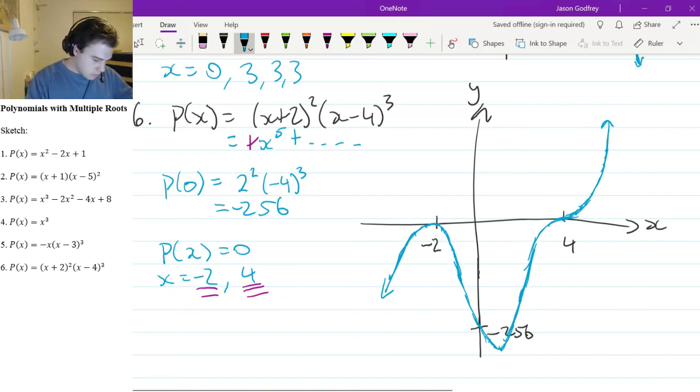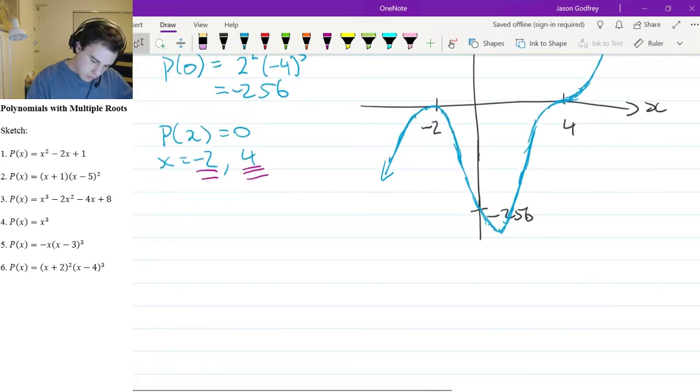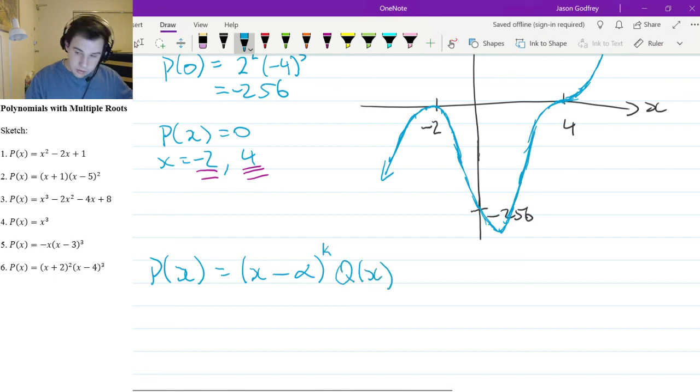Alright. So just as a little summary, right? When you've got a polynomial x minus, I'll use alpha for a root, to the power, I won't use n, right? So this times something else, right? So notice there's no remainder there, so this is saying we've got x minus 5 or something all cubed times the other factors, right? What this value here does graphically is it'll do a bounce